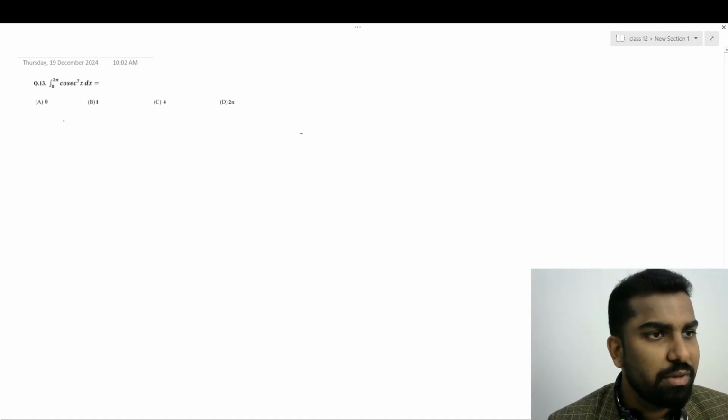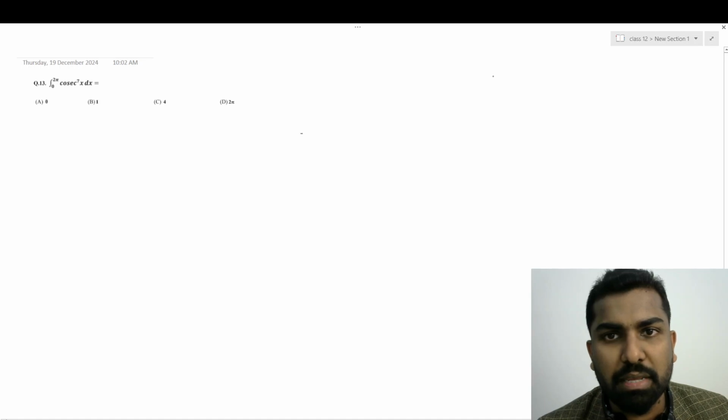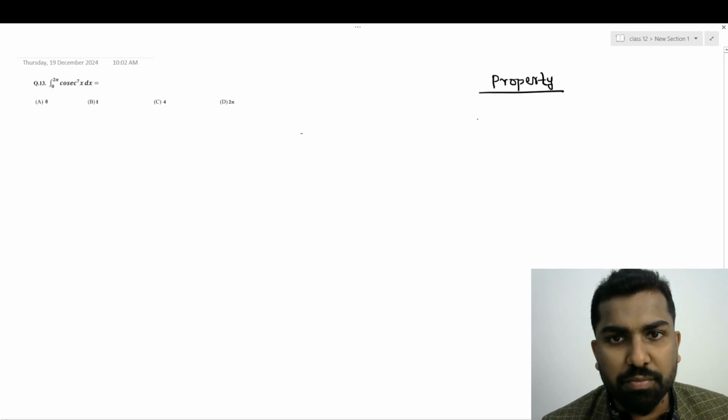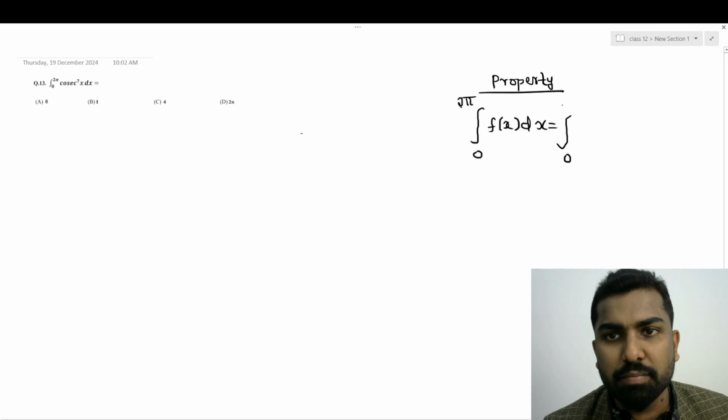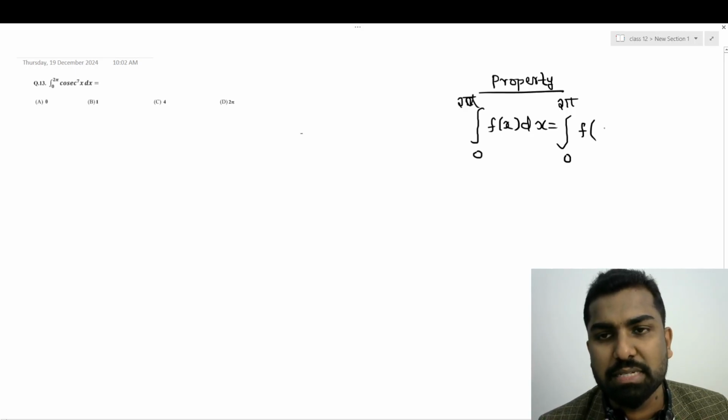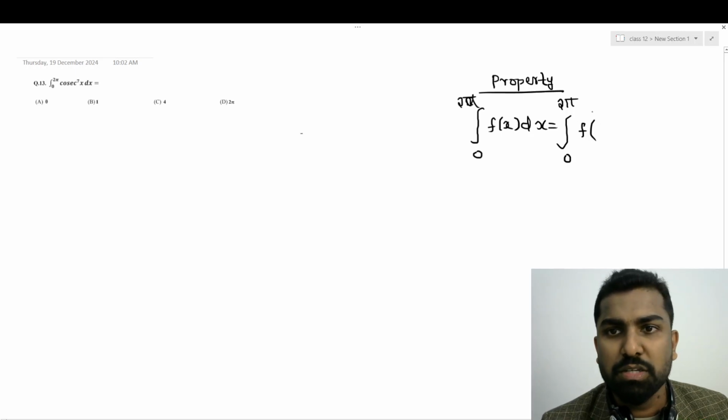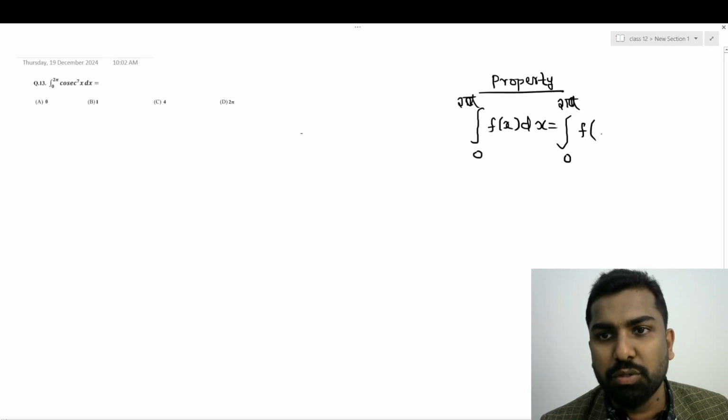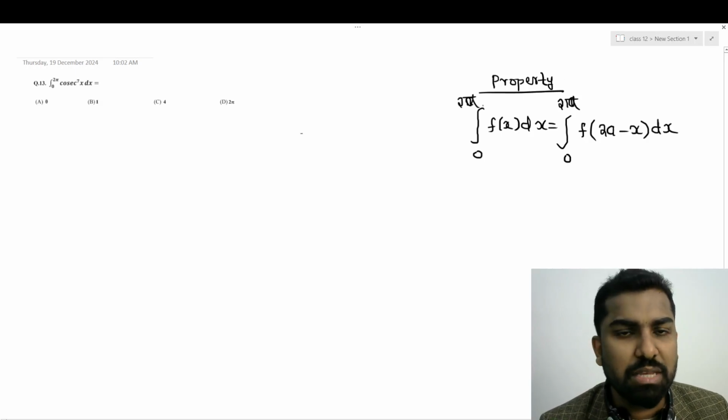Alright, so how we are approaching this is we are using one property here. What property are we using here? Integral of 0 to 2a f of x dx can be written as integral of 0 to 2a f of 2a minus x dx. This property we are using here. Okay, so if you are using this property here,